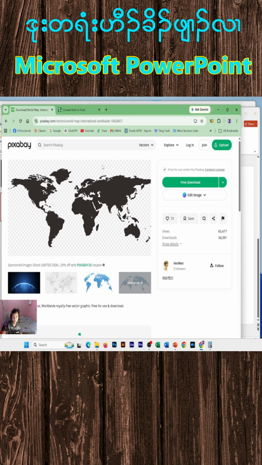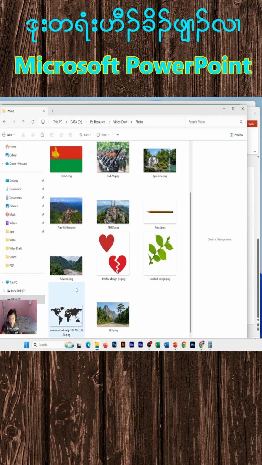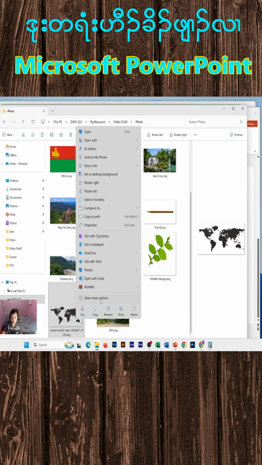So we go to Google, and now I'm here at pixabay.com and search for the world map PNG transparent background, and we can get it 100% free. So you can download it free. Right here you can download either the medium or large PNG, it's up to you. As for me, I already downloaded it, so I go to my downloaded folder and take this one, right click, copy,